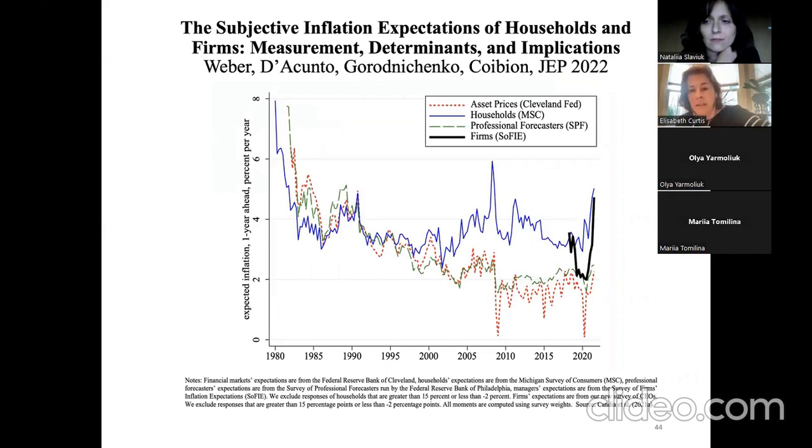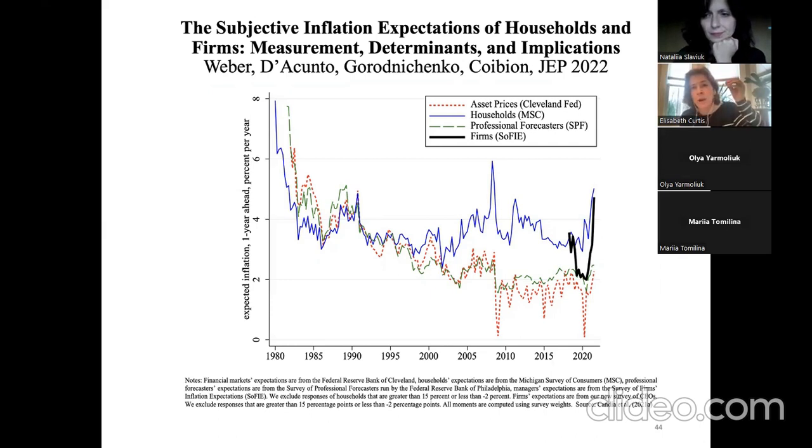And so what this chart shows you is the different forecasts, policymaker, professional forecasts. We have a survey of professional forecasters that the Philadelphia Fed conducts, and that's the green dotted line. And those professional forecasters are paying attention to financial markets. Similarly, the red line. The red line is looking at